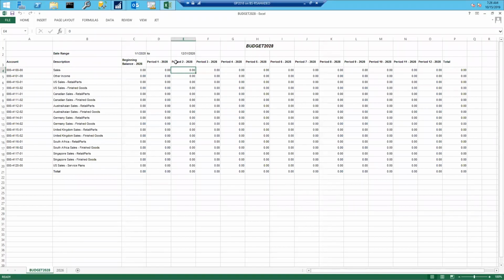Now, every time you export a blank budget out of GP, it's going to take on a similar format to this. The format is not going to change. What is going to change is the date range, which is the start and end date, and the list of GL accounts that you would have selected. So for instance, if I were to select this range of GL accounts, or all of my GL accounts, and export out